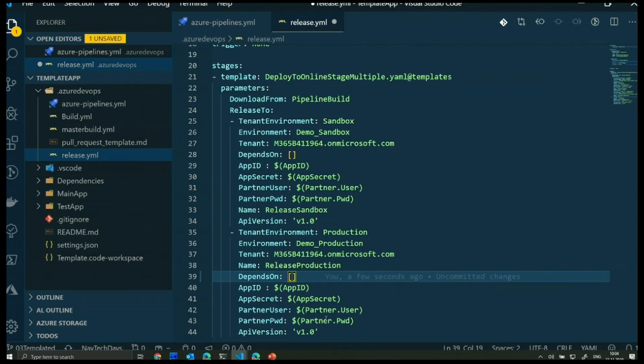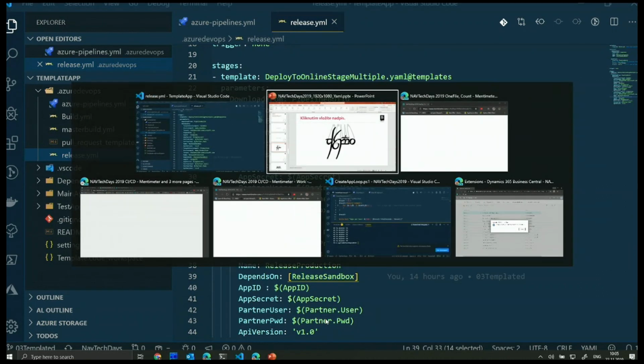It means both will be triggered automatically, and if there is approval, then, for example, the release to the production will wait for the approval, but the release to the sandbox will run automatically. If I want to have it first release to the sandbox, and if it fails, don't try to release to the production, that's what I like more. It will be defined in this way. Second is depending on the first one. And how the template looks like, we can